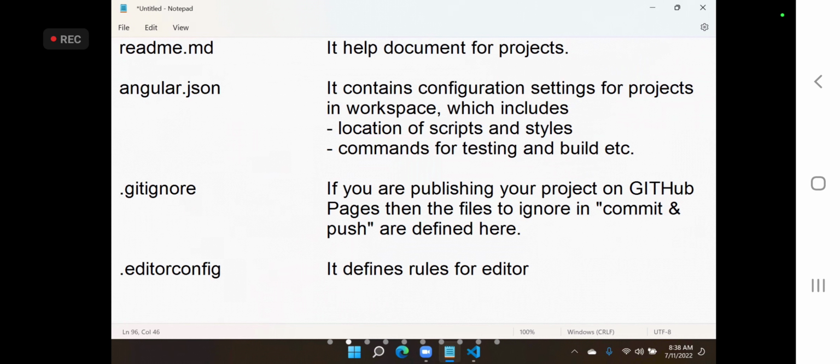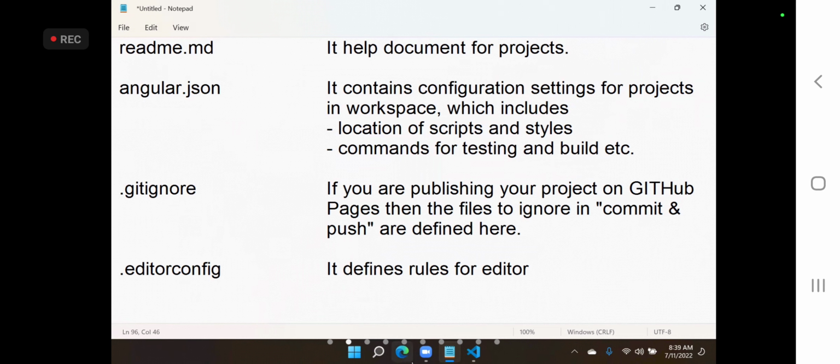It is not mandatory that all use the same editor, right? Then due to this, a lot of inconsistency will come in maintaining a project, because every editor has its own rules. So what we do is, across any editor, all developers have to follow some standard rules. Those we mention here.